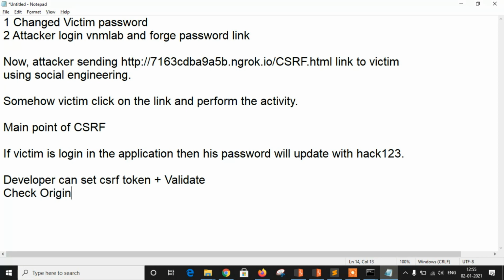So this is how the CSRF vulnerability works, and I hope you like this video.